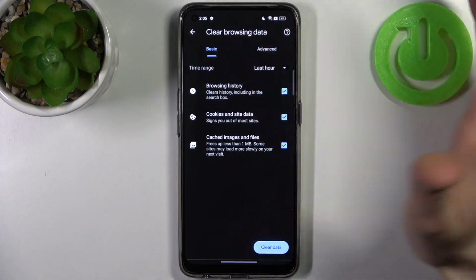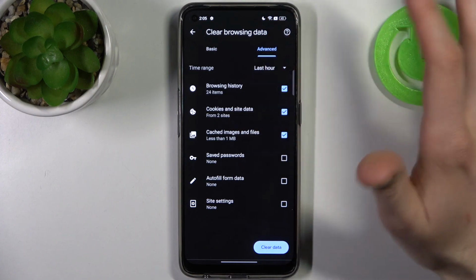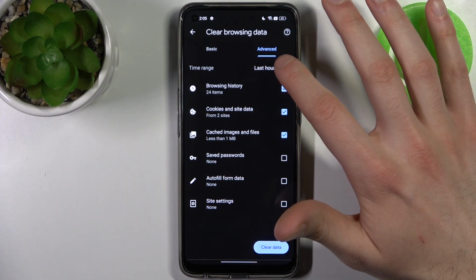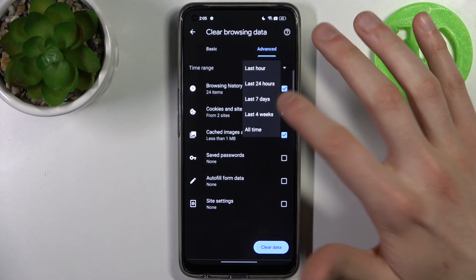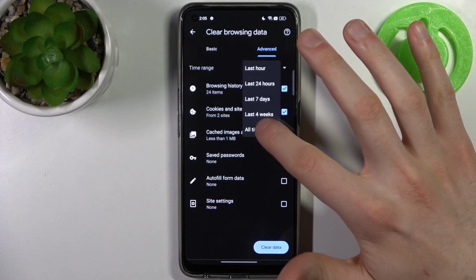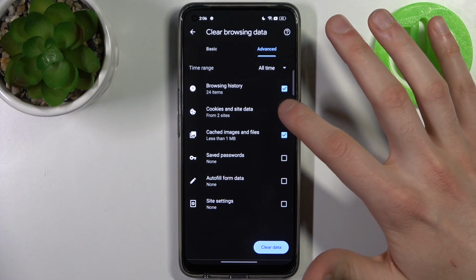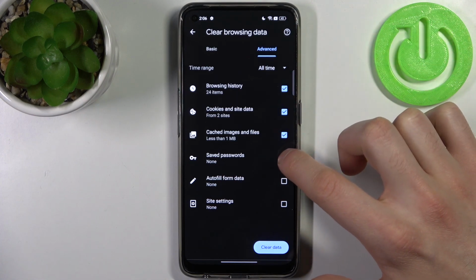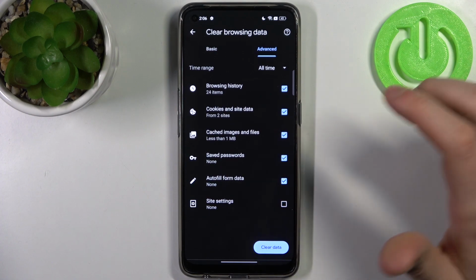You can make a basic clear of browsing data, or you can just go to the advanced and clear it absolutely. So here you have to select time range for which you want to delete your history. It could be last hour, last day, last week, last month, or all time. Then select data formats which you want to delete. It could be browsing history, cookies and site data, cached images and files, saved passwords, autofill form data, site settings, and